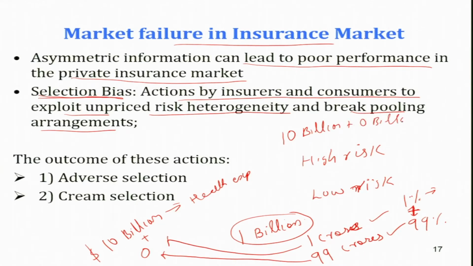So that is only 10 billion, which means 10 billion divided by the entire population of 1 billion. Accordingly, the risk premium is going to be $10 for this policy. This is the premium calculated based on the risk profile, the risk premium, plus they will add the operating cost plus profit.